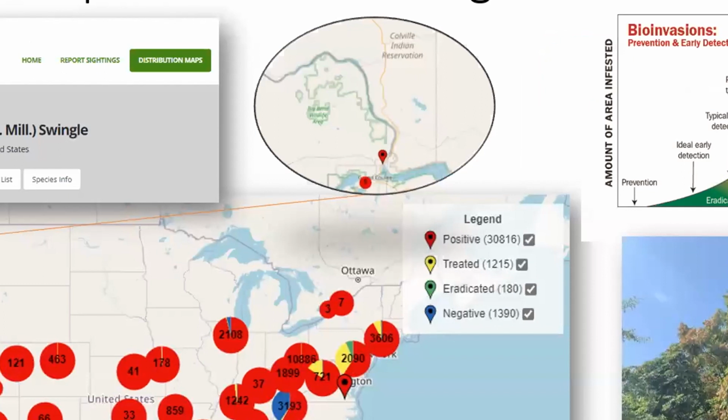So wanted to show why data sharing and why collecting data is important. And there's many different reasons. One is to trigger management. But thinking about the invasion curve, if we want to move more toward eradication and early detection, rapid response, we need to be looking at the full picture across the landscape of where species are. And we need to be looking around our jurisdictional areas to see what's on the horizon might be the immediate